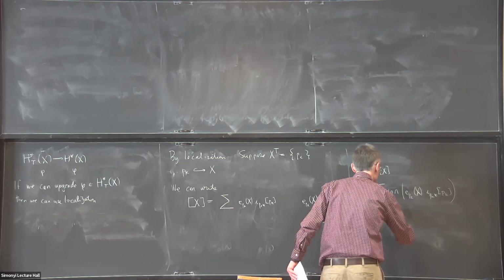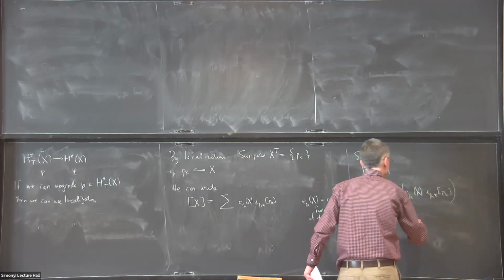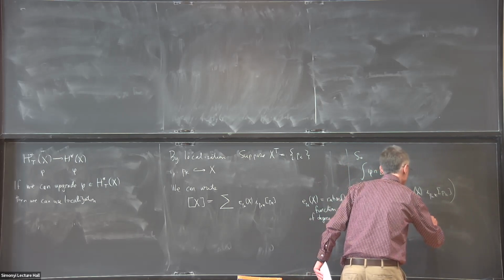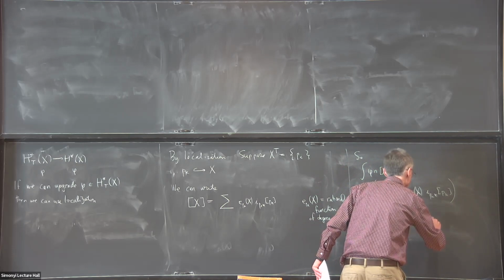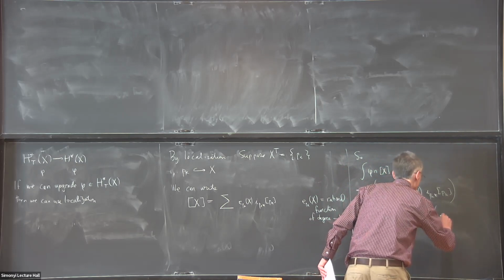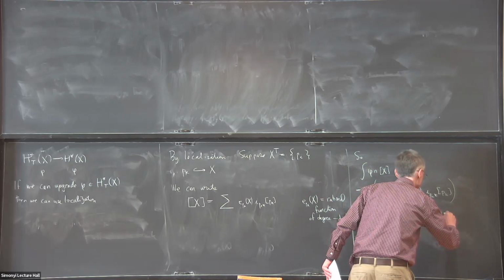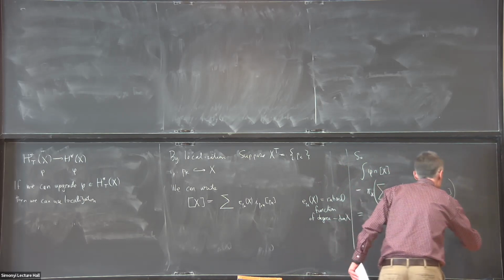It's going to be pi star, the sum of pi star of e_pk of x times i_pk star of i_pk star of phi back with